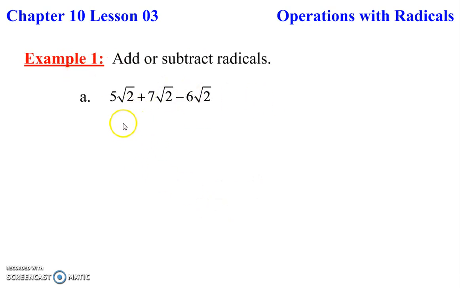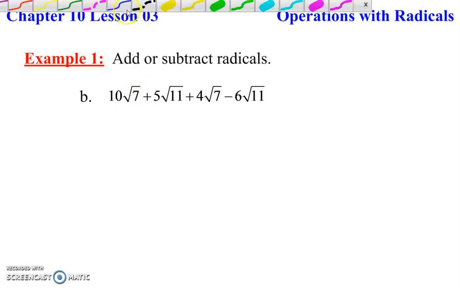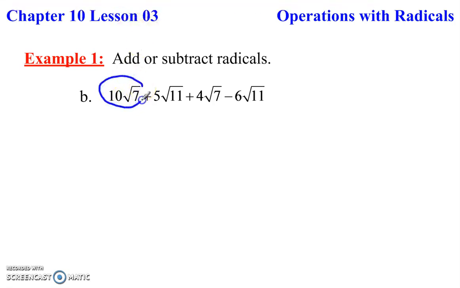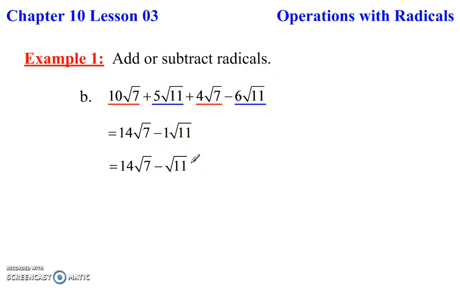Right? Same thing, adding or subtracting. Works the same way. 5 plus 7 is 12. 12 minus 6 is 6. 6 radical 2. Now here, notice we have a radical 7 here and a radical 7 right here. We can combine these two. We can combine the radical 11s. Okay, so that gives me 14 of the radical 7s and -1 radical 11. Now I don't have to write that 1, so that would just multiply in and give me just minus radical